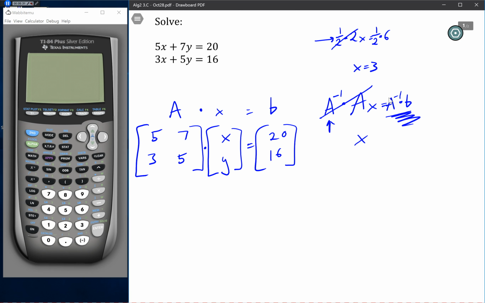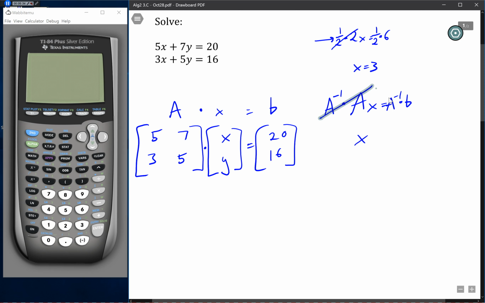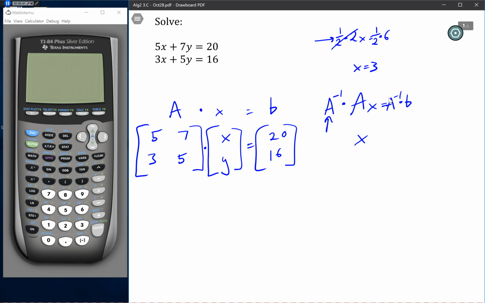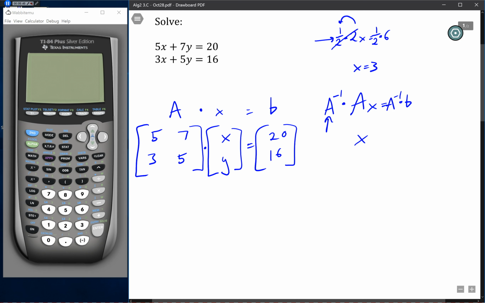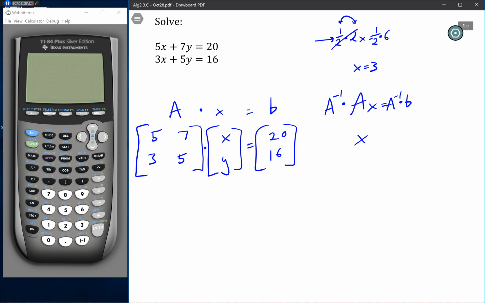Now, just real quick, I said some things in here that you didn't know about yet. First of all, what is this thing? This is the notation for the inverse of a matrix. What's that? Well, it's kind of the equivalent of like 2 and 1/2. These are inverses. A to the -1 is going to be the inverse of A, but in matrix land. And I could teach you how to do that, but I'm just going to tell you your calculator knows how to do this. So now it's time to switch over to calculator land,